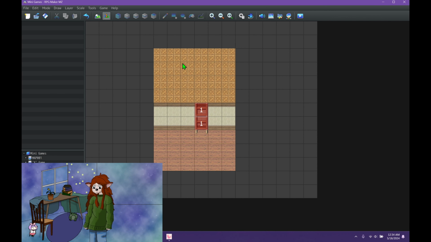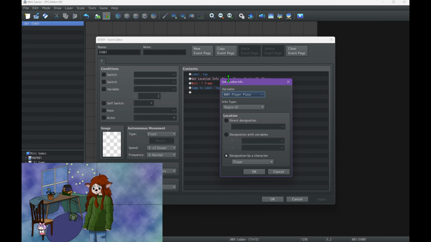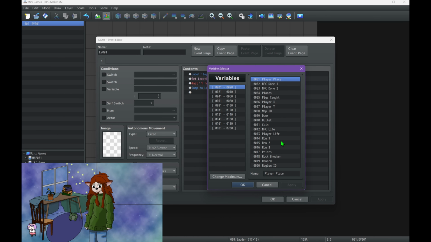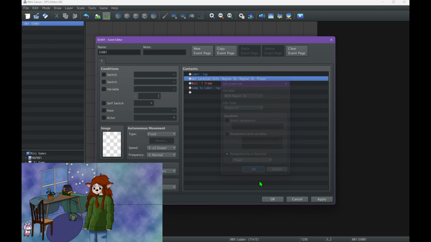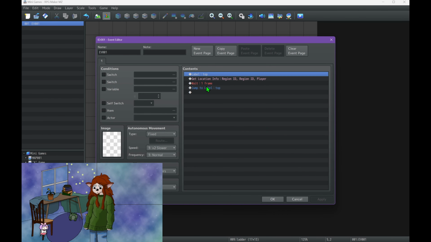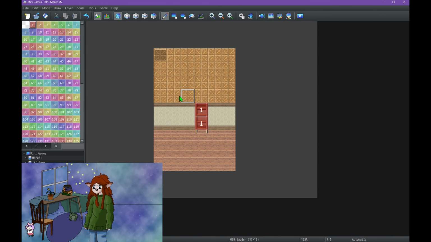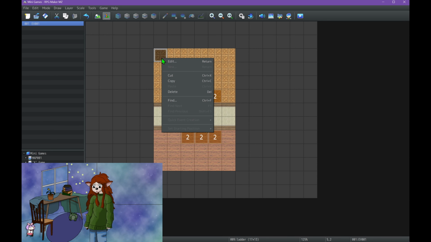This is just me being lazy. Okay. I'll have to change this one because I'm in a different thing now. Region ID is down there. Okay. So this is just a parallel event label. This is just getting the region ID. All right. I also need, just because with MZ it allows diagonal movement, I always make sure to add in the diagonal just to be safe. But anyways,